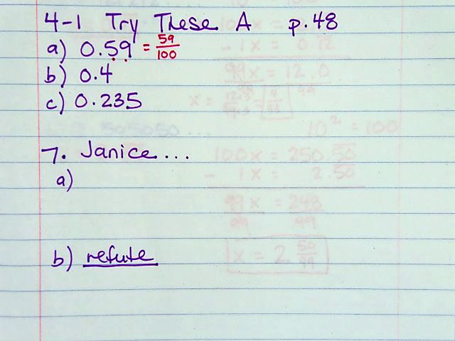Okay, so in some classes we got to number 7 in 4.1. In some classes we did not. But we did not do the Try These A, so I'm going to go ahead and do that for everybody. And then if you are okay, you can skip number 7. But if you didn't get it in class, then you should still listen. So,